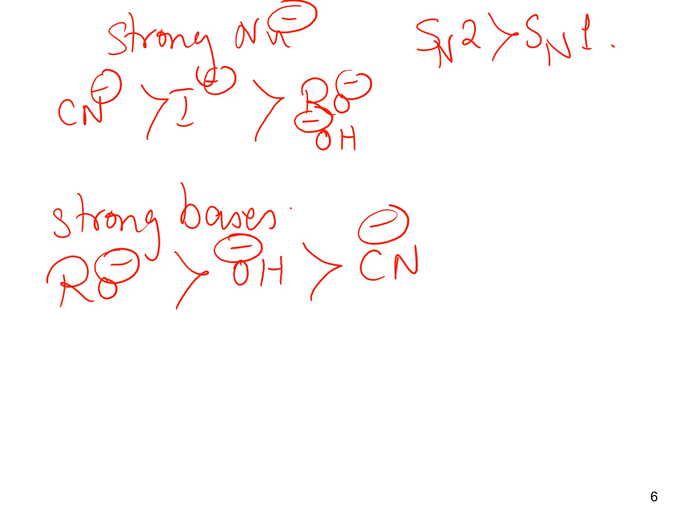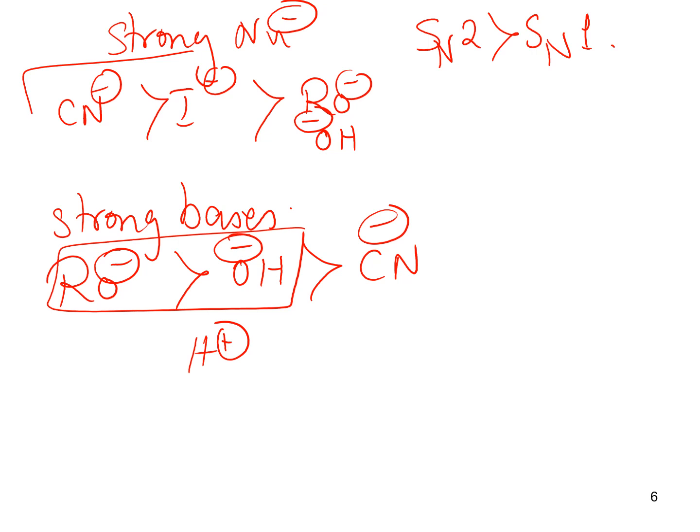So it will have to go for anything that is carrying a positive charge. So a strong base is looking for a proton, while a strong nucleophile is looking for anything that is carrying a positive charge, no matter what it is. So to summarize this, let's look at